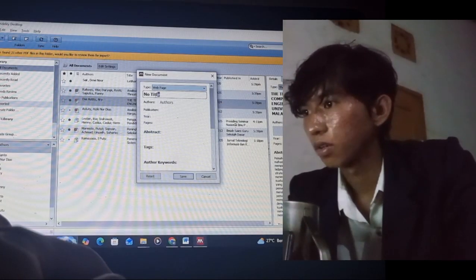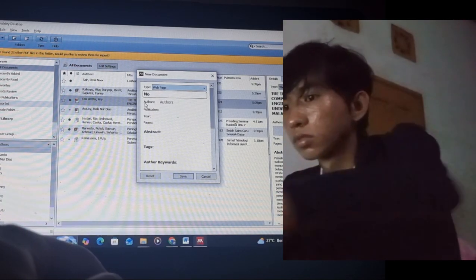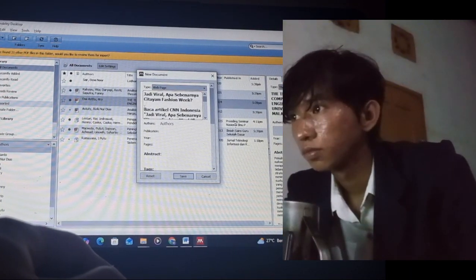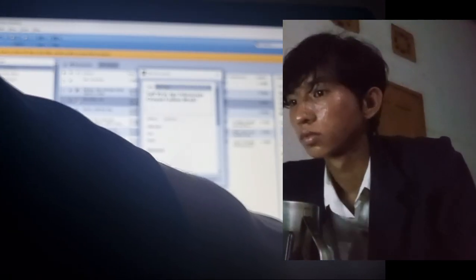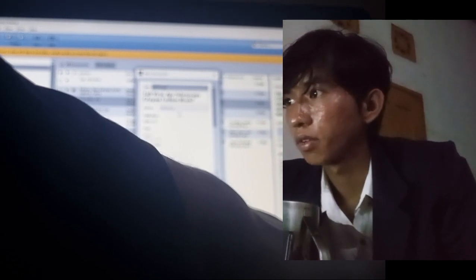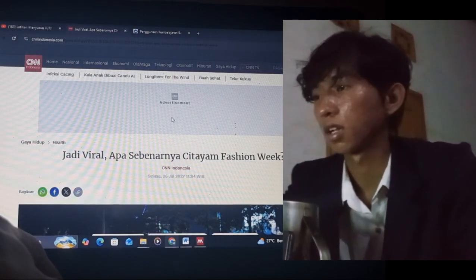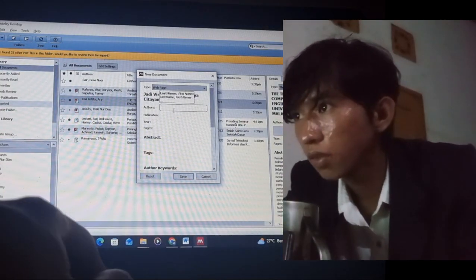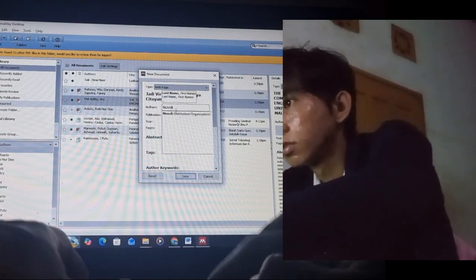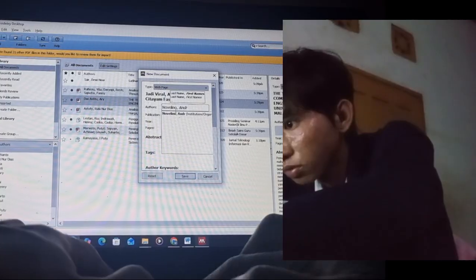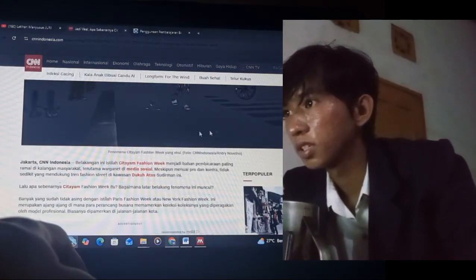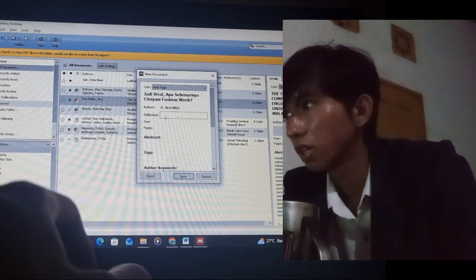You can copy or type. Make every word's first letter capital, and the author, you can find in this web page, is Andri Novellino. And the publication is CNN Indonesia.